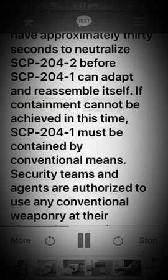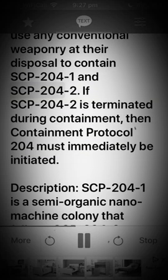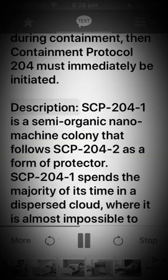If containment cannot be achieved in this time, SCP-204-1 must be contained by conventional means. Security teams and agents are authorized to use any conventional weaponry at their disposal to contain SCP-204-1 and SCP-204-2. If SCP-204-2 is terminated during containment, then Containment Protocol 204 must immediately be initiated. Description: